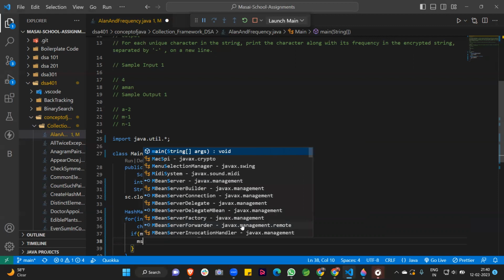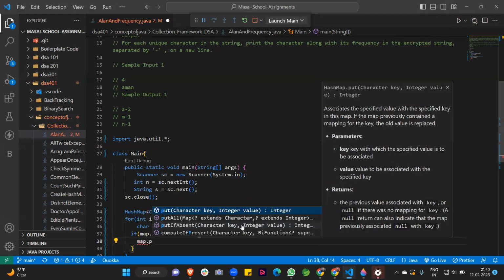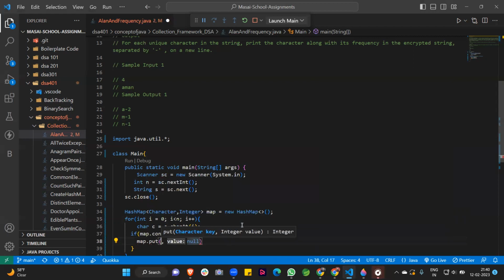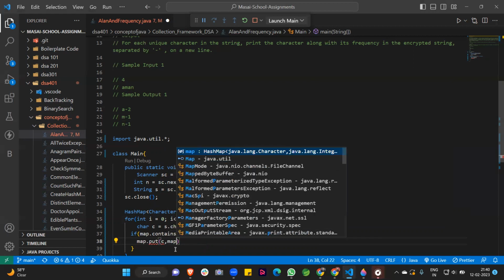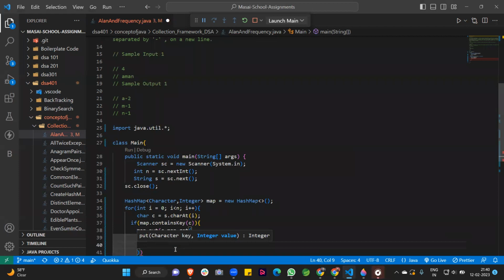You know this method, map.put. First of all, we write the key name, and after that, how we can get the value, like we want to get the value of c, the frequency of c. So we write here map.get, map.get. Auto suggestions.